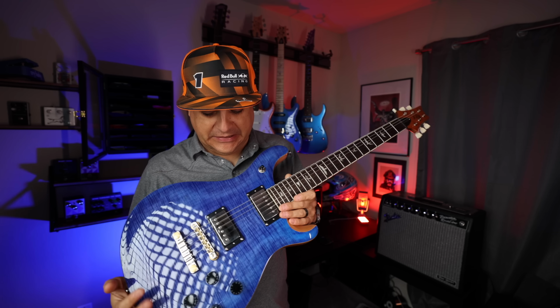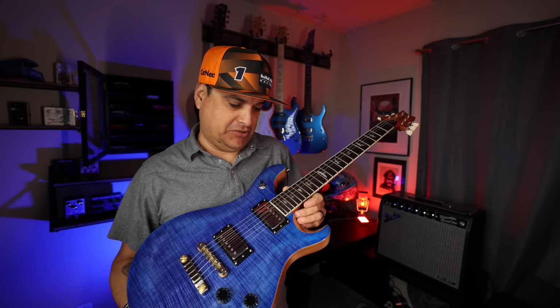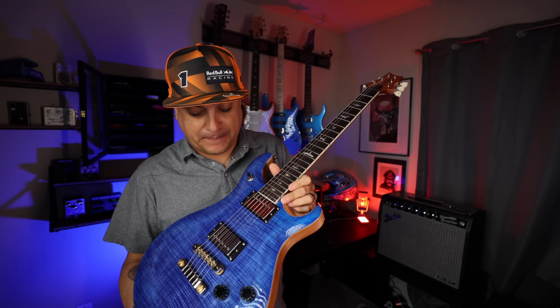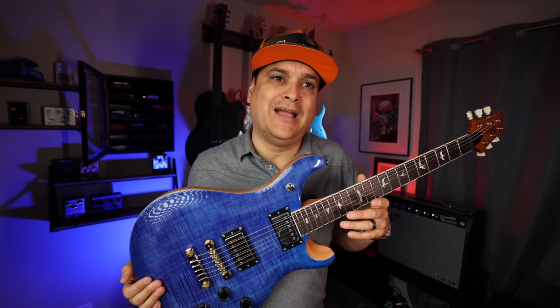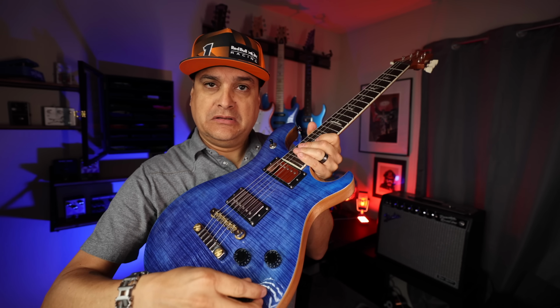This guitar is phenomenally good. I know people in the comments are like, "You're gushing about it just because PRS gave it to you, whatever." You know, it's a great guitar. It really is. And there's nothing else to say about it. The quality is fantastic. There's nothing wrong with it. It plays perfect. It sounds great. The pickups sound phenomenal. The only thing I'm not a real fan of is how the coil split works in